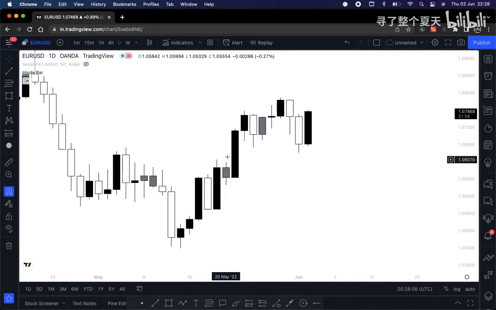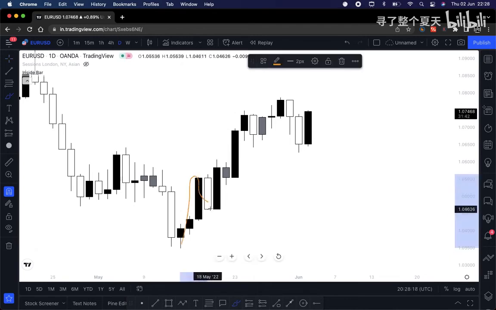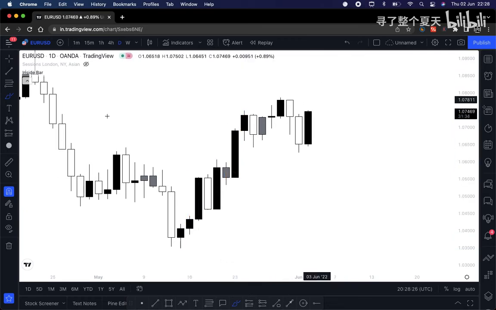After this inside bar occurred, it's where we had a significant push to the upside. And if you understand the logic behind this, you can clearly see that we had price pushing up, pull back, push up, pull back, push up, right? Do you see that? So it means that this is my last area of